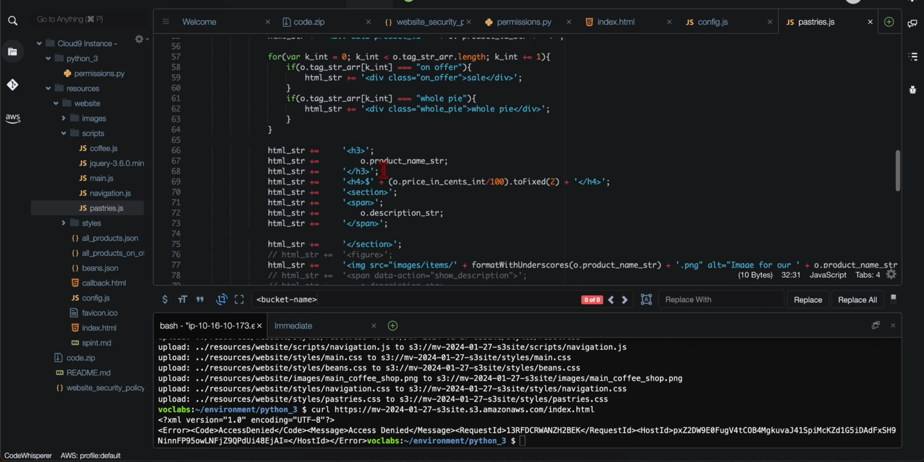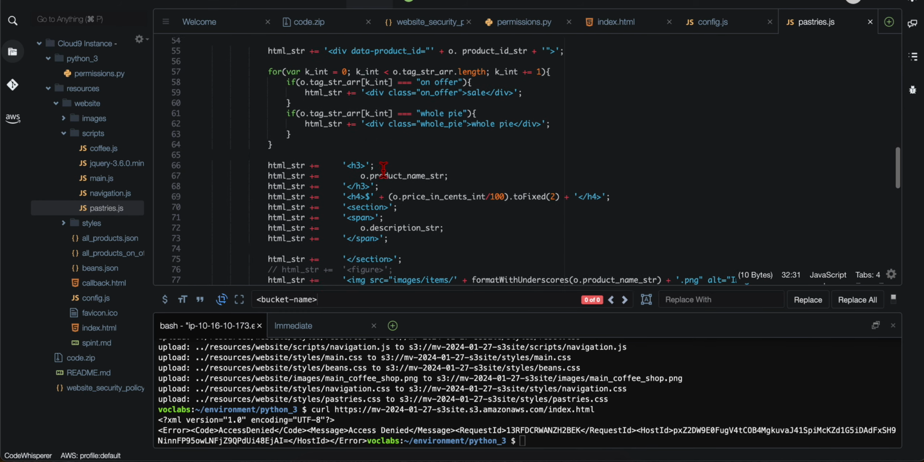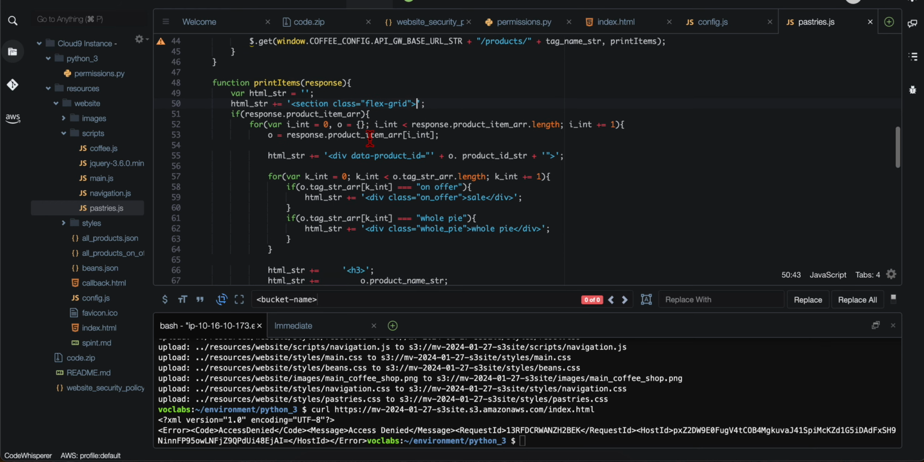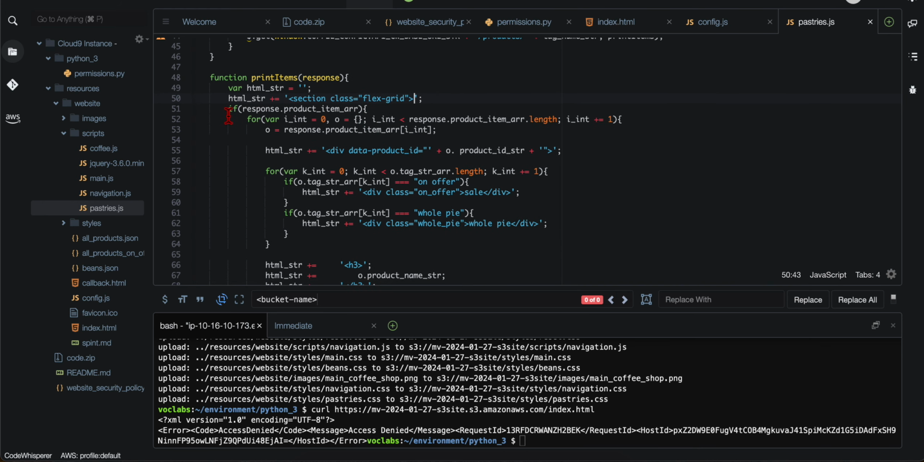So here is our function print item. For the function print item, we're going to put in our parameter response, so we pass in our response argument. We declare a variable HTML str assigned to an empty string, and for this variable HTML str, we increment this string right here, section class assigned to flex grid, and then we make an if conditional statement to check if the response